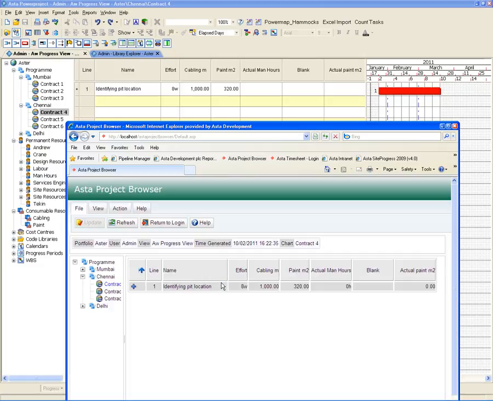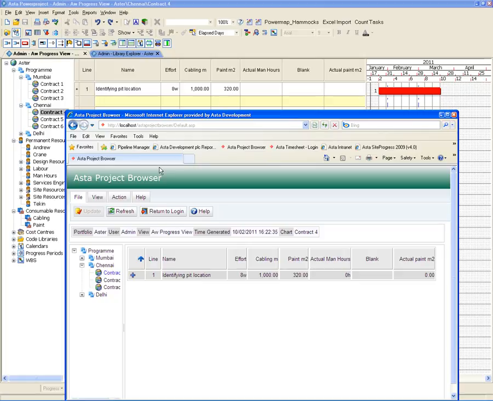So you can see what I've actually done here is in Powerproject I've got a view called AW Progress View, which has got the columns that I've set, and in View in Project Browser I've selected that view